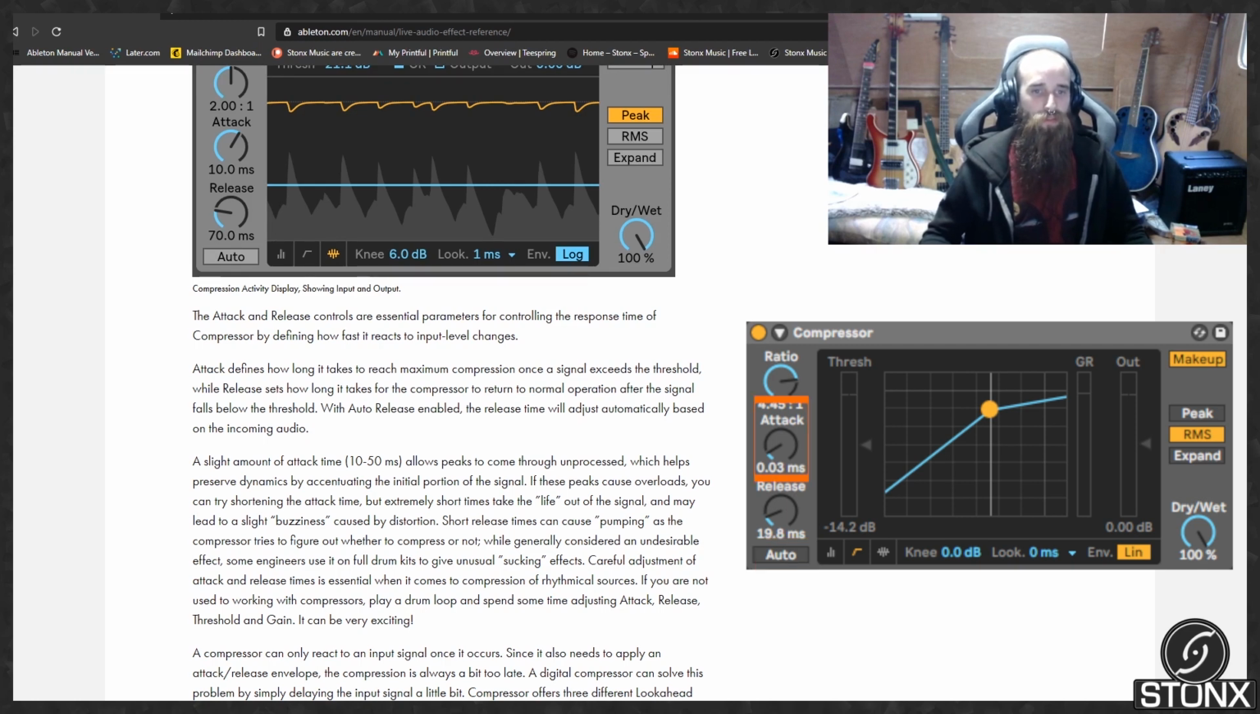A slight amount of attack time, 10 to 50 milliseconds, allows peaks to come through unprocessed, which helps preserve dynamics by accentuating the initial portion of the signal. If these peaks cause overloads, you can try shortening the attack time, but extremely short times take the life out of the signal and may lead to a slight